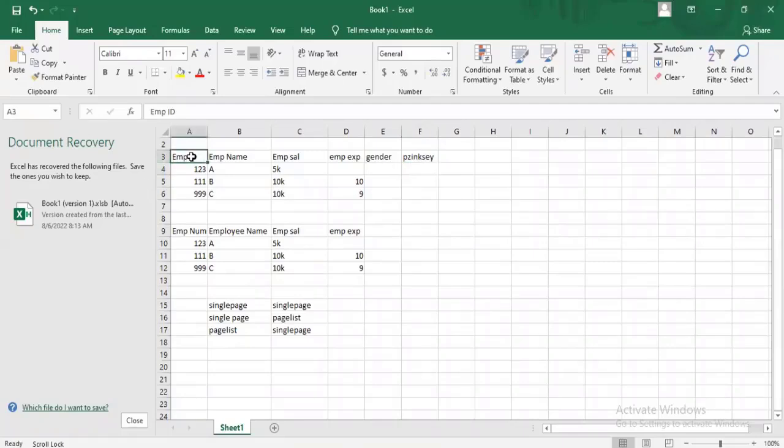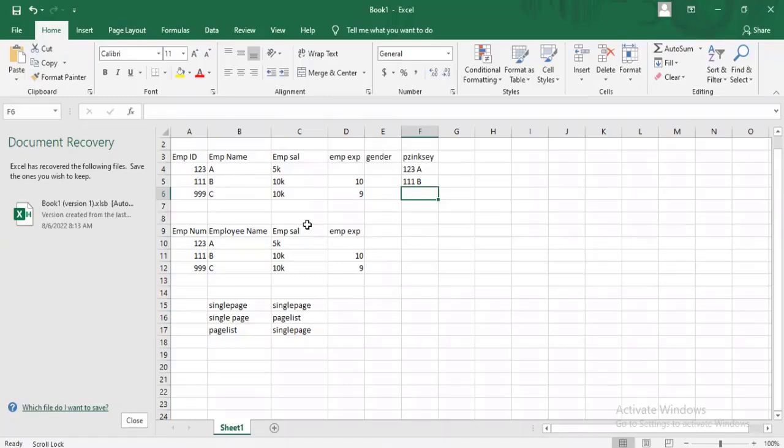Apart from the primary key, every table will have one more column called pzInsKey. Sometimes it might be similar to the primary key, or sometimes it might be a combination of 2 or 3 columns, like 1, 2, 3, space A, and here 1, 1, 1, space B. It can be a combination of 2 or 3 values, or a single value, based on the table.